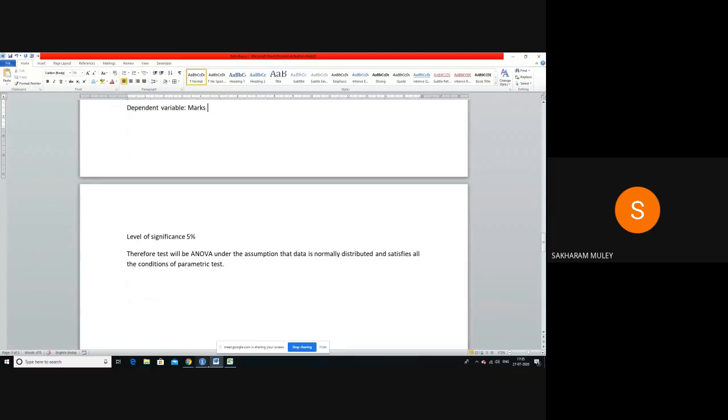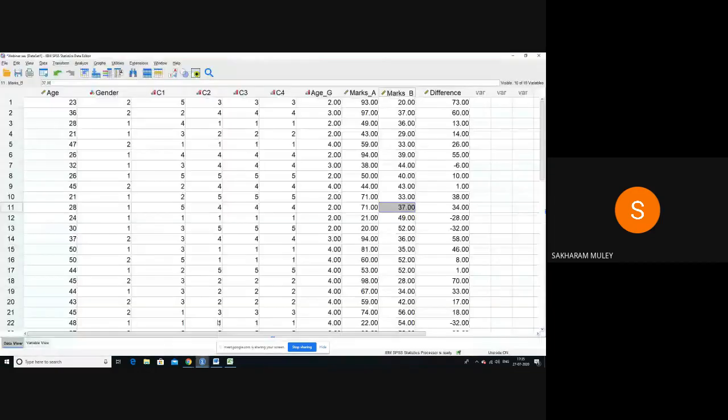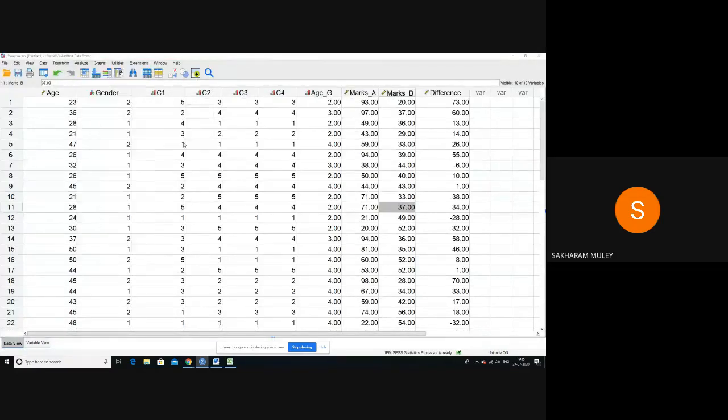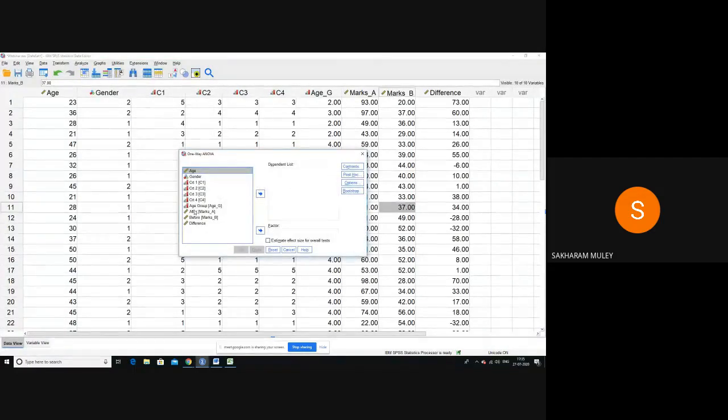Procedure. Go to your procedure. The procedure is Analyze, Compare Means, One-Way ANOVA. Now, the problem with ANOVA is that I am comparing the marks obtained after. You can compare any one of these; after is a scale, before is also a scale. If you want to find out whether the difference between before and after is significant or not, but I am comparing one variable at a time. Let us take all the 3 variables one by one.